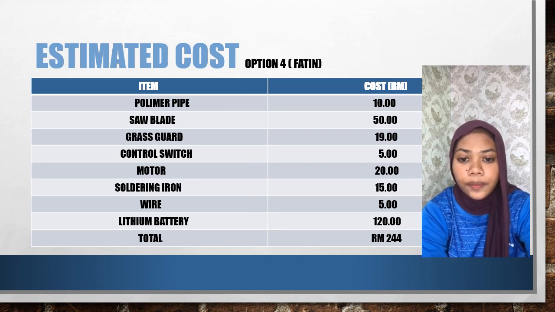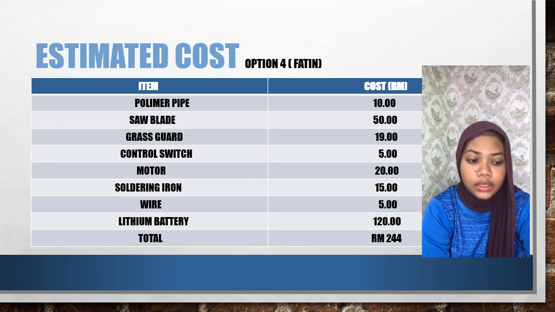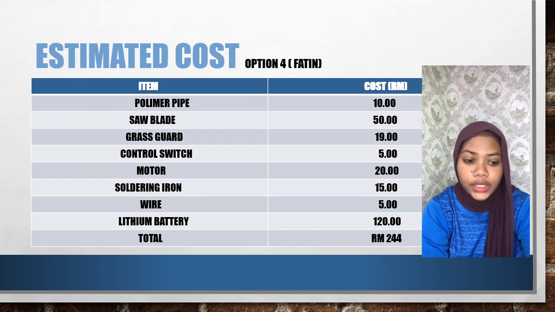Estimated cost. The estimated cost is designed by me. The right column is cost. The left column is about item. Polymer pipe is 10 ringgit. Blade is 50 ringgit.